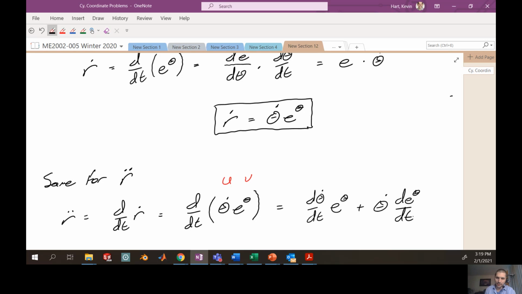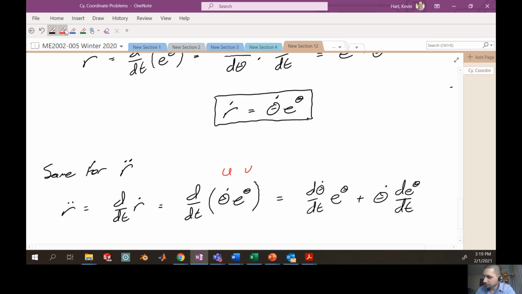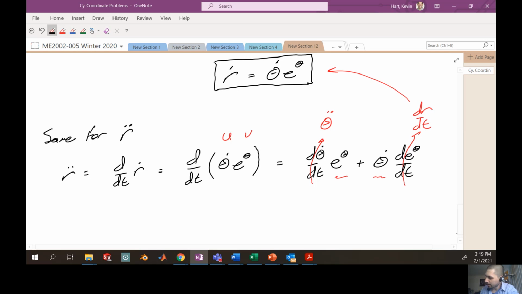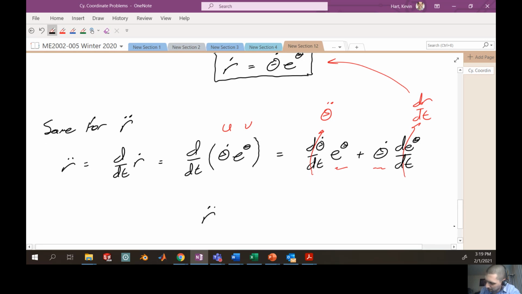And then I can start to identify some of these things. All right. So d θ dot dt, this is just θ double dot. e^θ will remain untouched. θ dot, okay, well, this just is going to remain untouched. And then the derivative of e^θ with respect to t, well, I've already got that. That is dr dt, which is just what I found up here. So you can either label this as r dot, or you can spell it out fully if you want, understanding that in the end, we're going to end up with something that looks like r double dot is